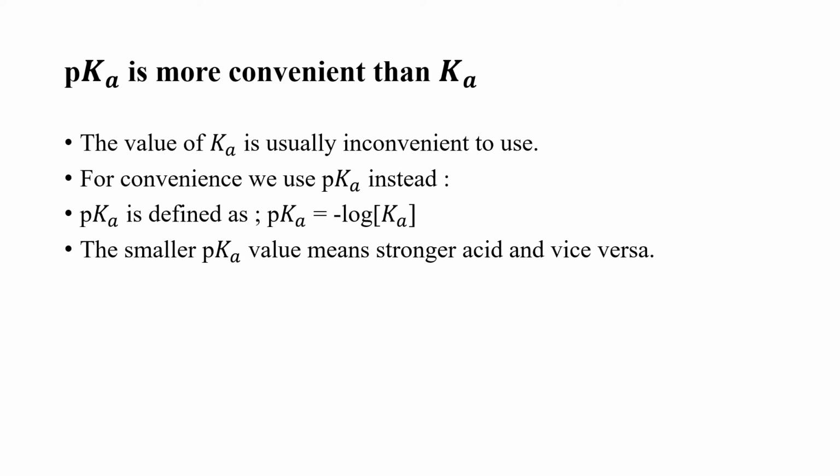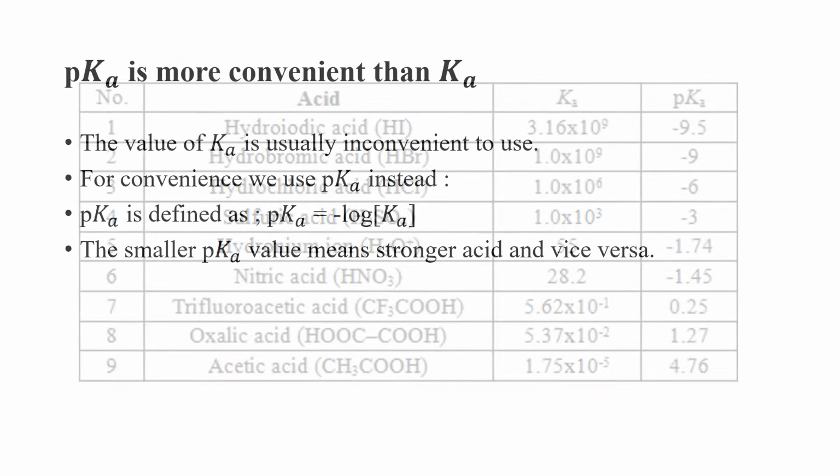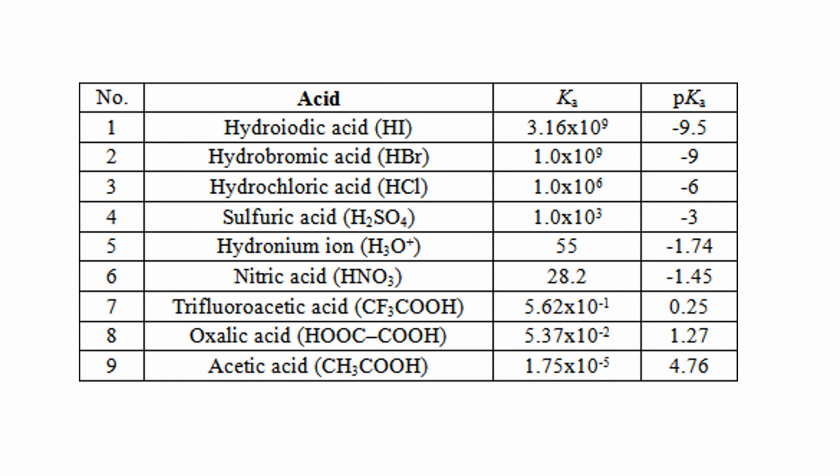However, if we compare pKa with Ka, we say that they are inversely proportional to each other. If a higher value of Ka denotes a strong acid, then a higher value of pKa denotes a weak acid. So if we want to compare the strengths of acids on the basis of pKa value, we say that the stronger acids will have a smaller pKa value. You can see and compare the Ka and pKa values with the strong and weak acids.